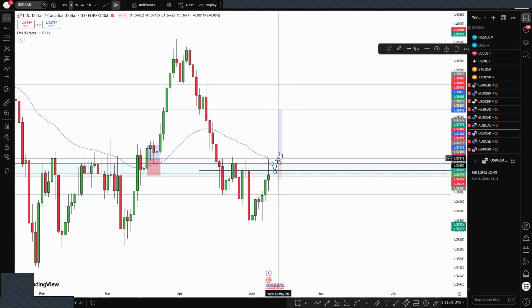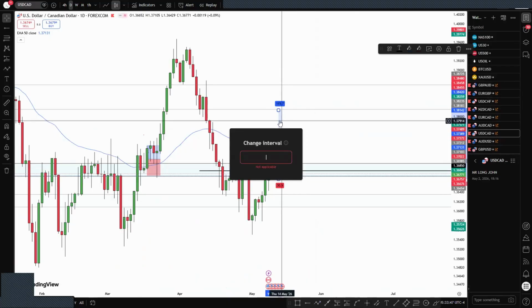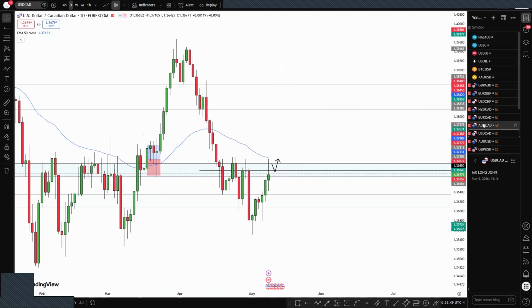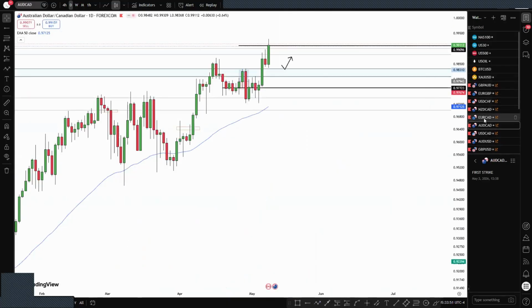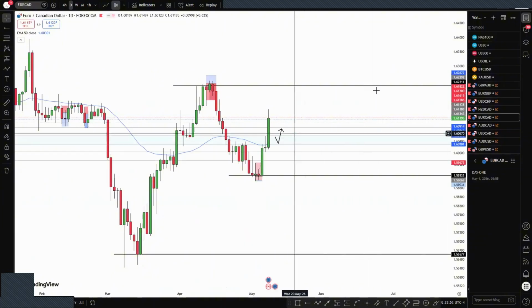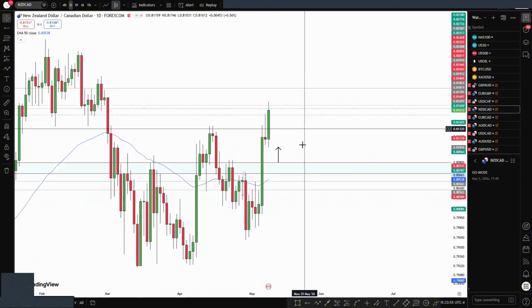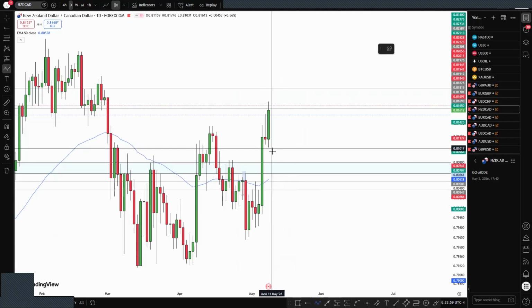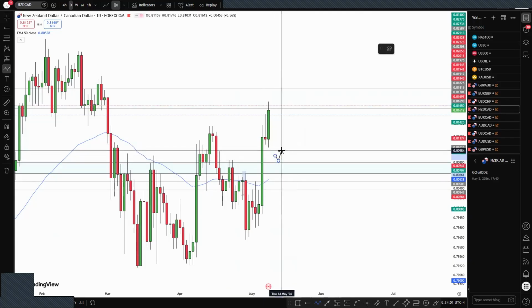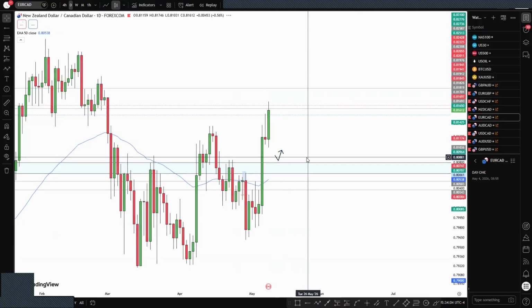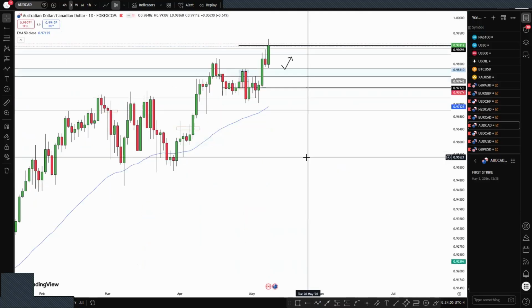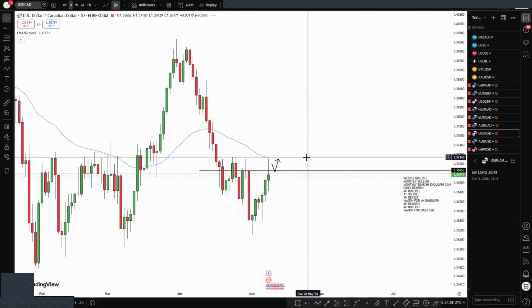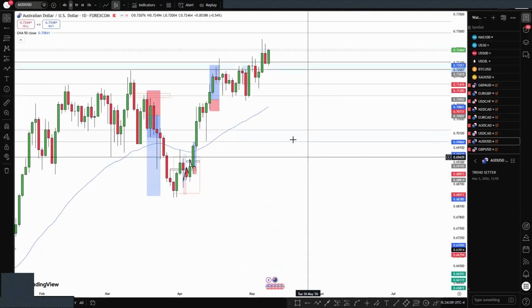So among these three, I might just pick one because they are going the same direction. You see, that's the beauty of it because I know where they are all going. So I just need to take one trade, and that's it for that one. I've done this one, and the last two is